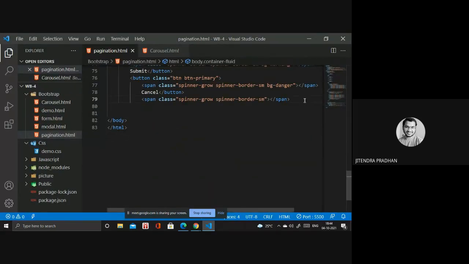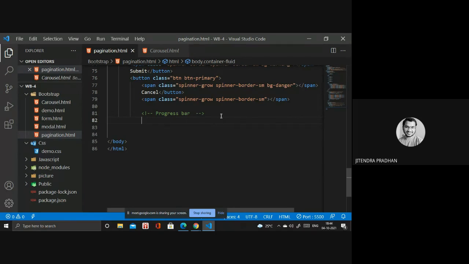That part is the progress bar. You should know the progress bar as well, because if you go to any registration page, they will ask you to write a username and password. In the password, if you give a weak password or a strong password, it will show you a color in the progress bar.